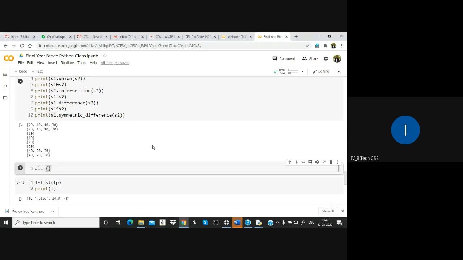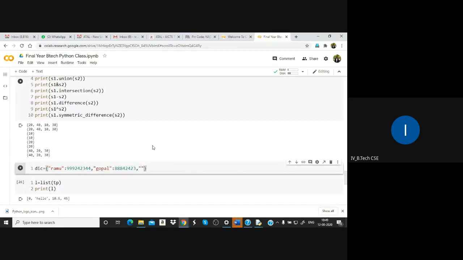So for example, Ramo, his mobile number is 998 something. Next, Gopal, his mobile number is something ABCD, any number.